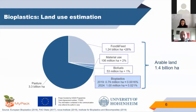For bio-based plastics, there are a number of plants which are grown to be used for the production. And this raises many concerns among the public, especially NGOs, when it comes to the growth of crops which are food and feed crops. And when they are used for the production of bioplastics, this raises many debates. But as you can see from this figure that is provided by European Bioplastics in collaboration with the Nova Institute,